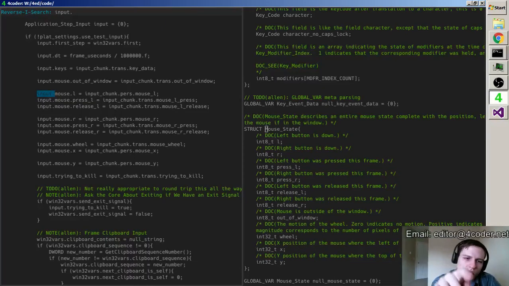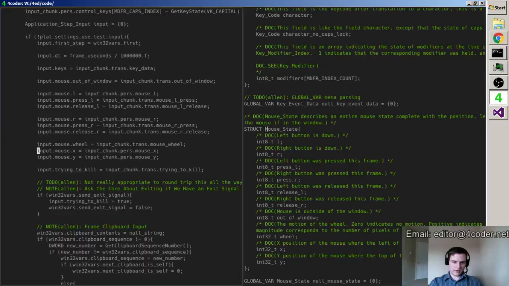Things that are marked transient here are generally things that I could compute if I just set the persistent things. So if I just set L or R, I can figure out correctly whether press R or press L and stuff have happened. But then there's this question of, do I want to be robust again to malformed inputs? And I think I do.